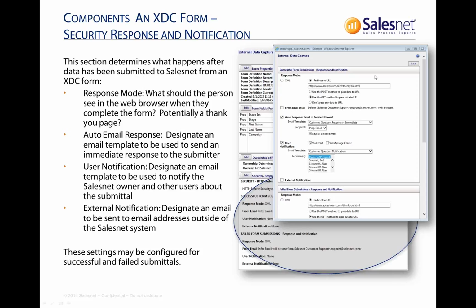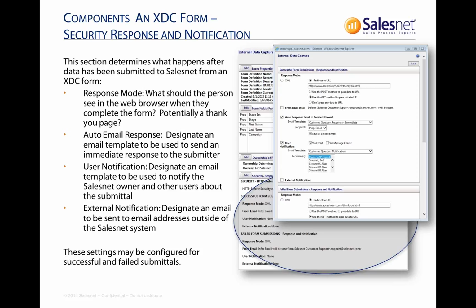We may want to send an autoresponder to the person who filled out the form saying thank you for filling out the form, someone will be in touch. And if you required email address on your form, then you can do that. And look, it leverages an email template that you created in the email section. So a couple of things here kind of tying together, like campaigns and email templates,